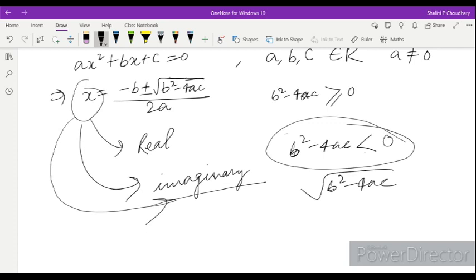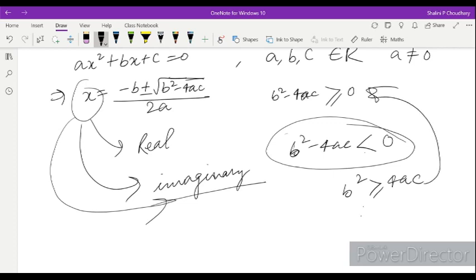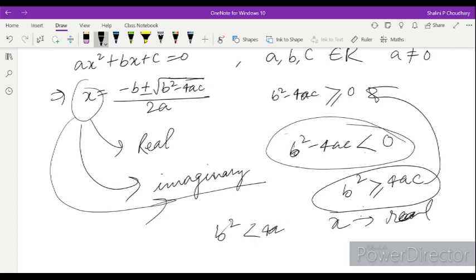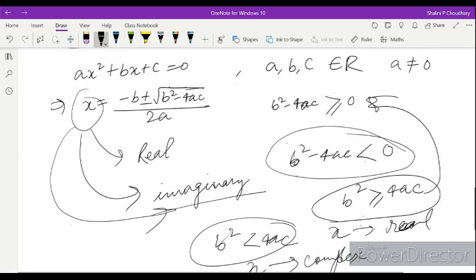Okay, या फिर we can say one more thing, ऐसे भी हम कह सकते हैं कि always b square should be greater than or equal to 4ac. अगर ऐसा रहेगा then ये equation follow करेगा. It means x के roots जो हैं वो real होंगे. And अगर b square is lesser than 4ac, in that case roots of x will be imaginary or complex number होंगे. Okay, so now we have a question and we'll do question based on this one.